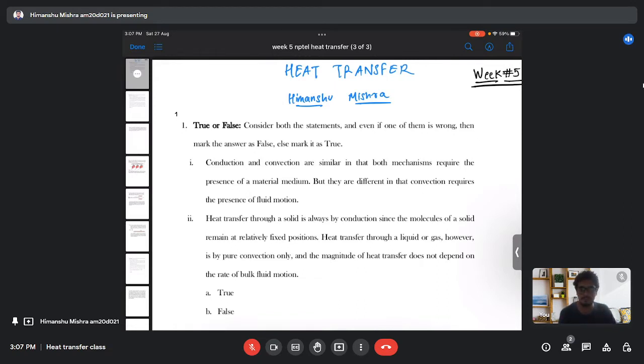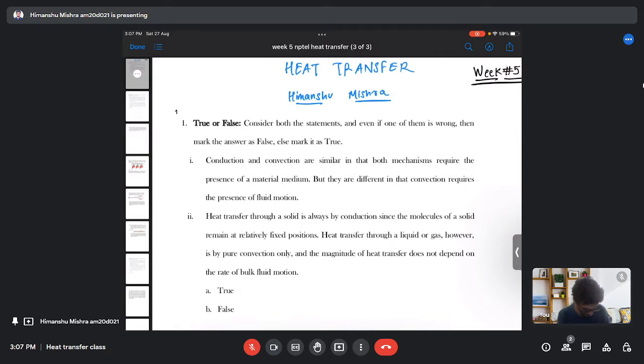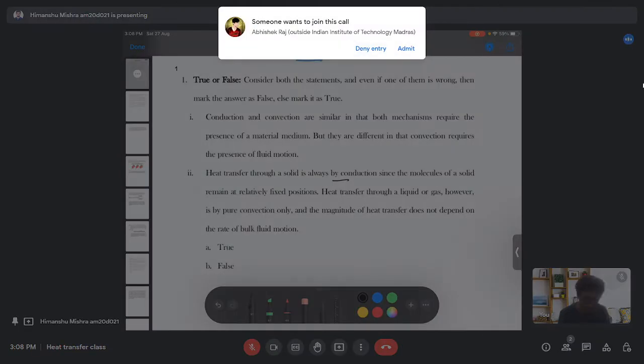So let's begin with the first question, which is a true-false type question. Here we identify whether the statements are true or false. The first statement is: conduction and convection are similar in that both mechanisms require the presence of a material medium, but they are different in that convection requires the presence of fluid motion. And the second statement is: heat transfer through a solid is always by conduction, since the molecules